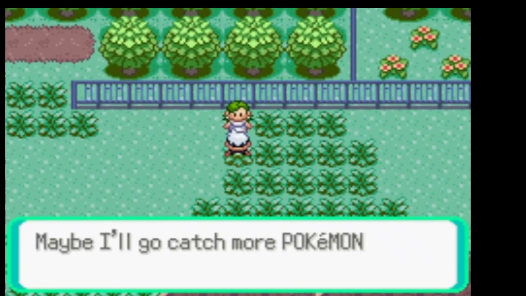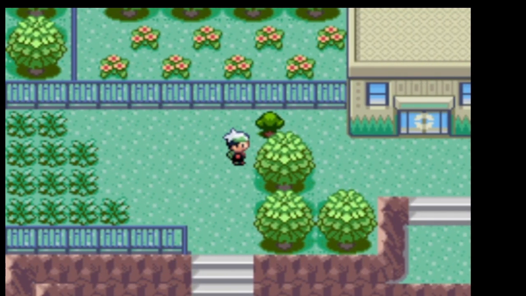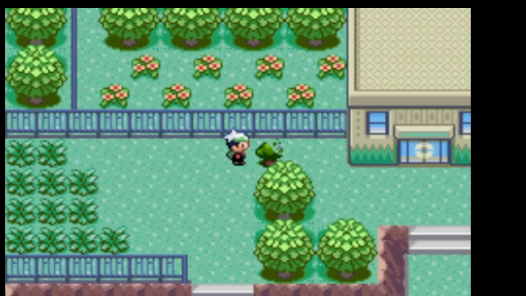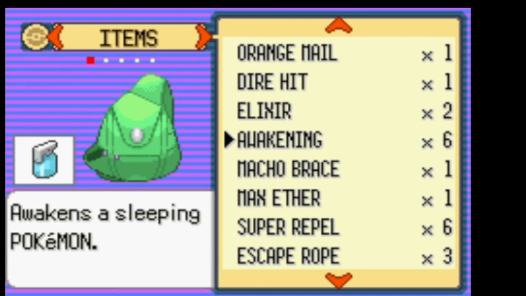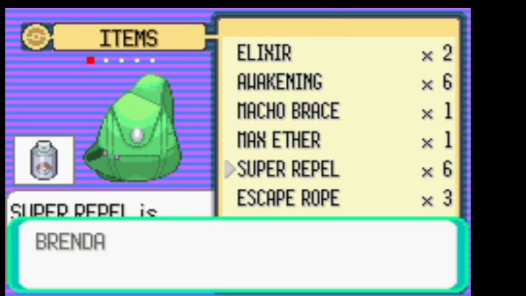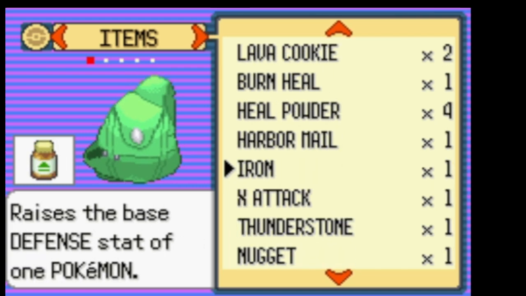Yeah, I'm on the road, woman. I'm on the road. Maybe I'll go at the safari. Thanks. I wish you could. So yeah, this is where we were at the last time. So I will cut that tree, which I could have done. I tend to forget that we're not at the safari zone, so I just use the super